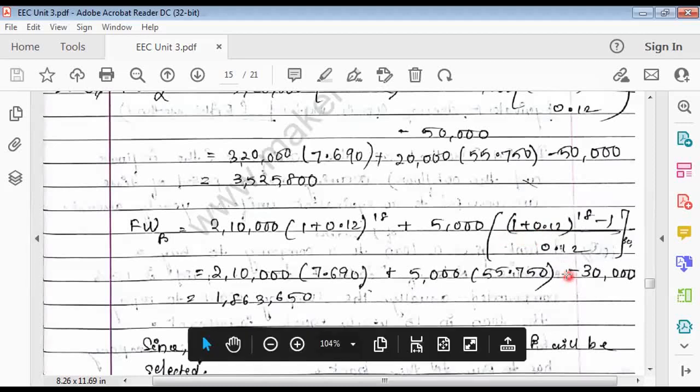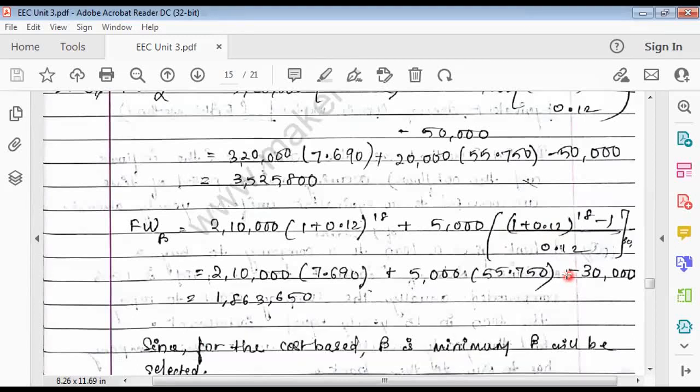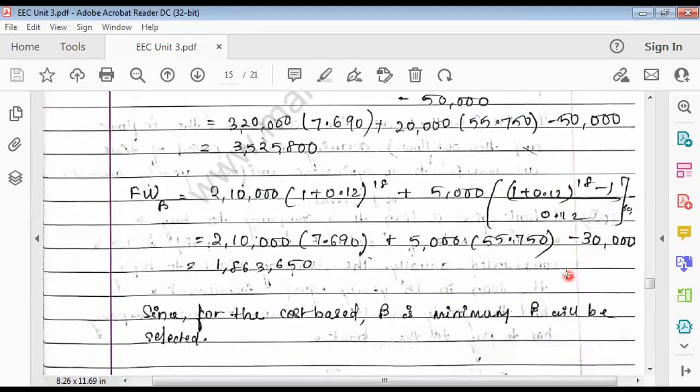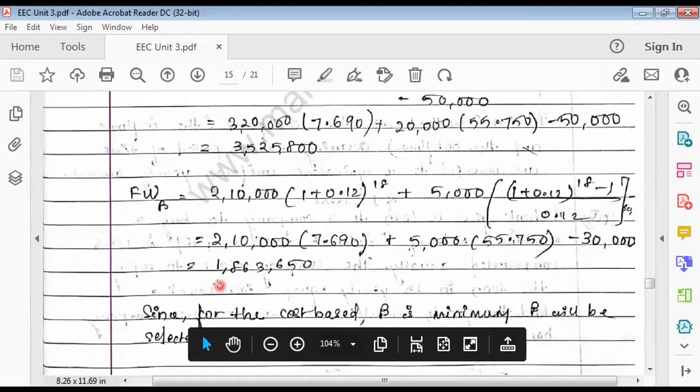Minus 30,000, simple, only minus 30,000, because this 30,000 amount is already in its future note. So that is why no need to change that. And you find it to be